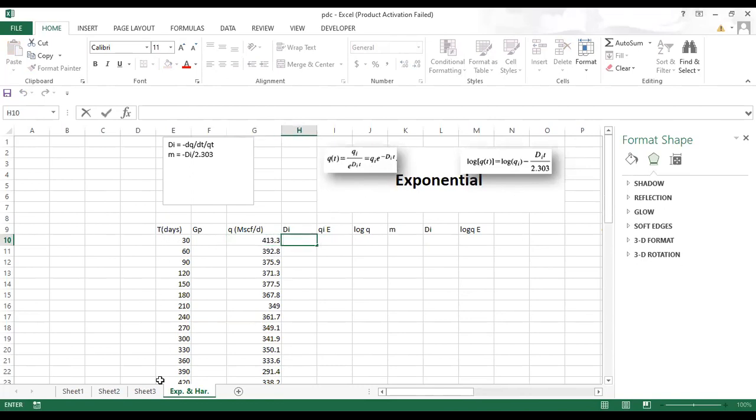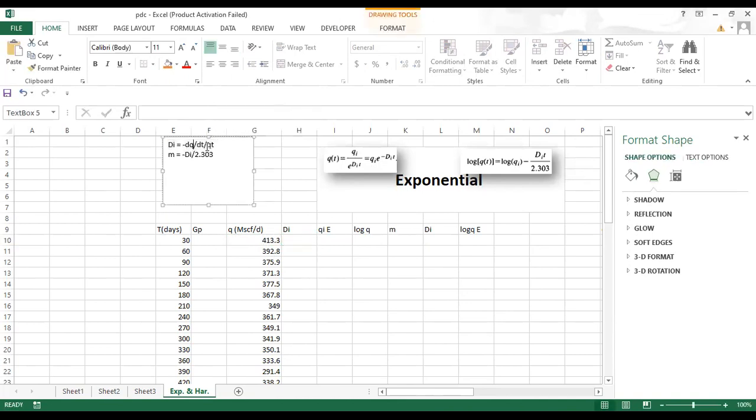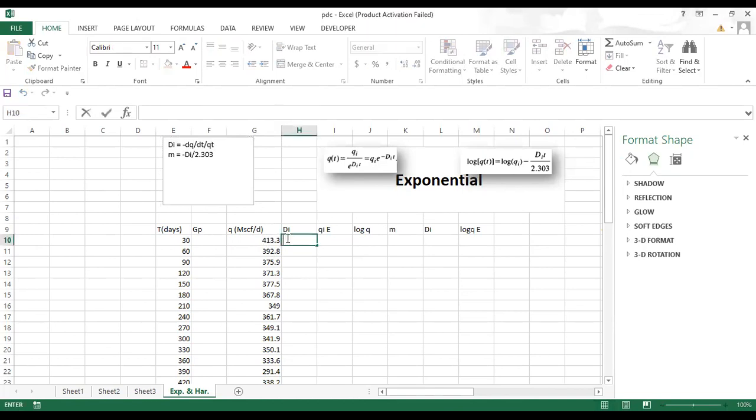Then the t value has already been given here. So first of all, let me define the value of Di. Di is here, the equation I have given. Di is equal to minus dQ by dt by Qt. So dQ is the change in flow rate, so that also we have to include minus. I'm going to increase the zoom. Okay. So I'm going to see the difference between flow rates, initial one minus the second one. So dQ by dt. dt is the change in time, 30 minus 60